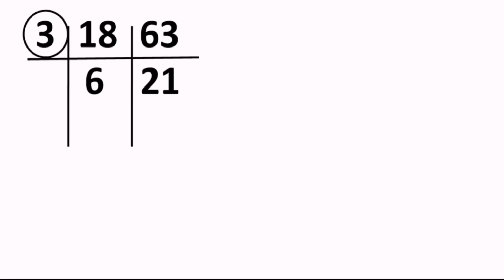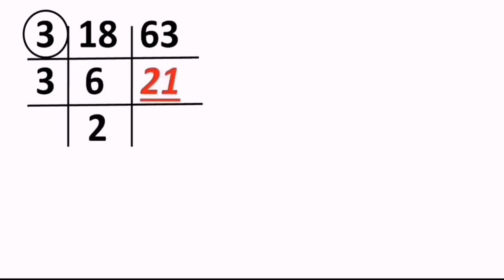Okay. Again, we can use 3, right? And do not forget to encircle 3, because 3 has divided both 18 also and 63 also, right? Come on. Now 6 and 21 both are divisible by 3, right? So divided by 3. 6 divided by 3, the answer is 2, and 21 divided by 3, the answer is 7. And now 3 has divided both 6 also and 21 also, and so I'm going to encircle it, right? Why encircle? Because all encircled numbers will be utilized for HCF. Don't forget that. Encircled numbers will be utilized for HCF.